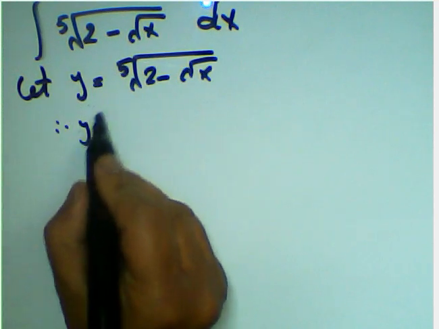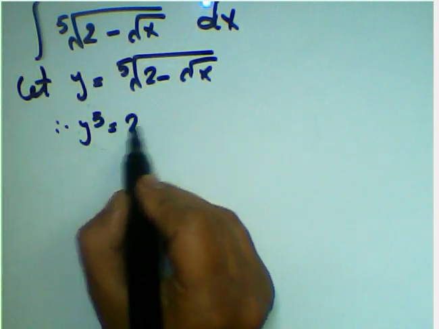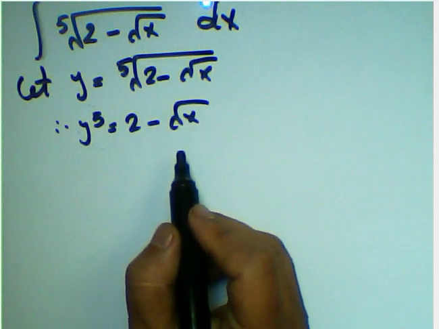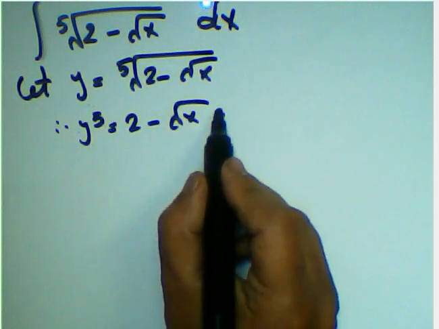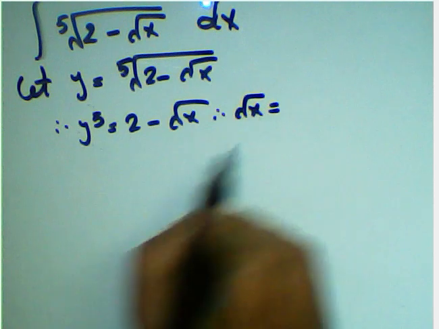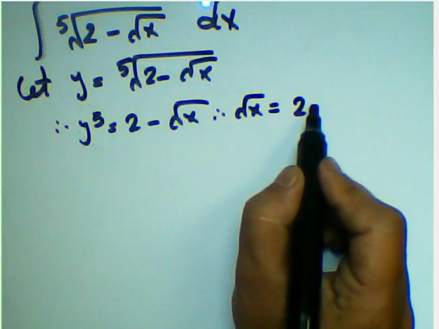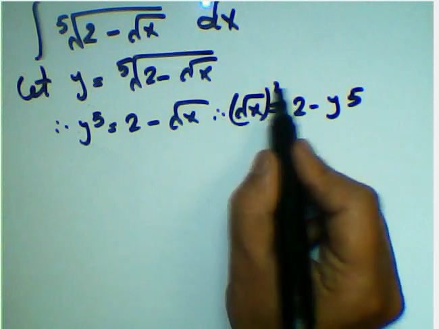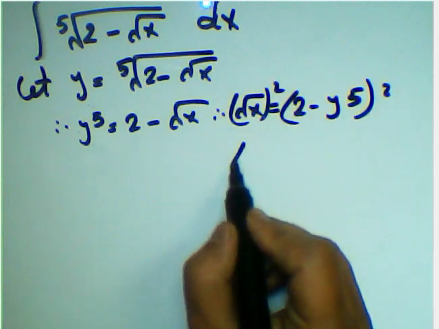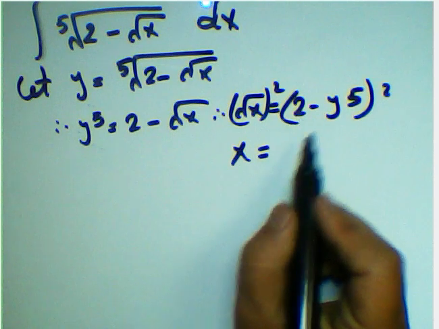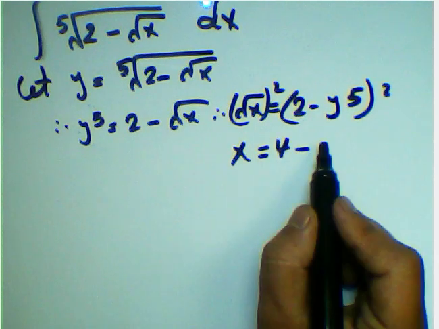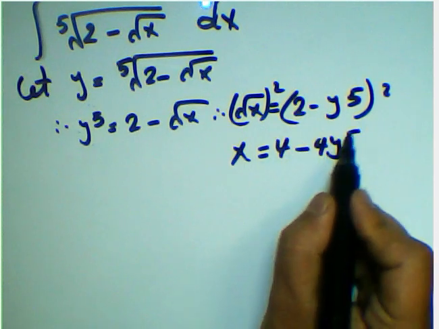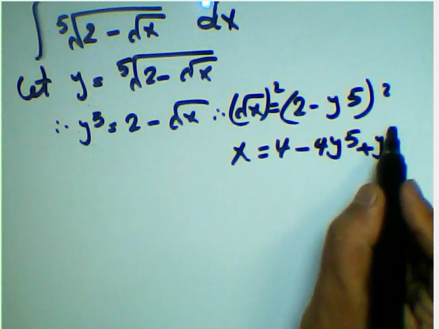Okay, y power 5 equals 2 minus root x, and root x will be equal to 2 minus y power 5, squared, and we can find the power 2 of all this to cancel the root. It will be x equals 4, subtract 2 times 2, 4y power 5, plus y power 10,